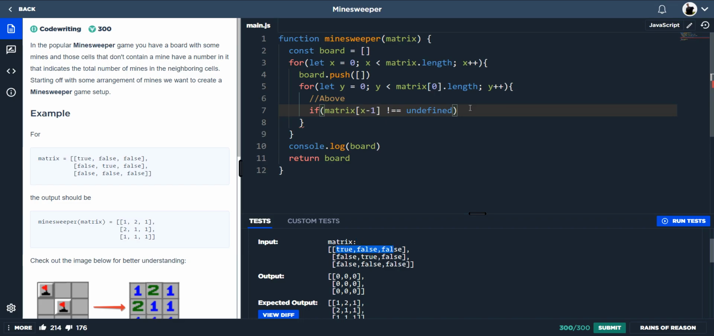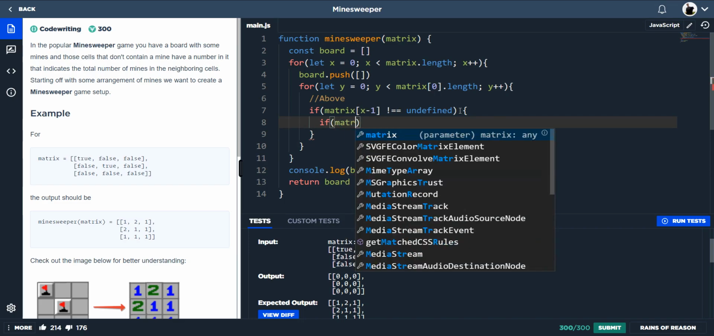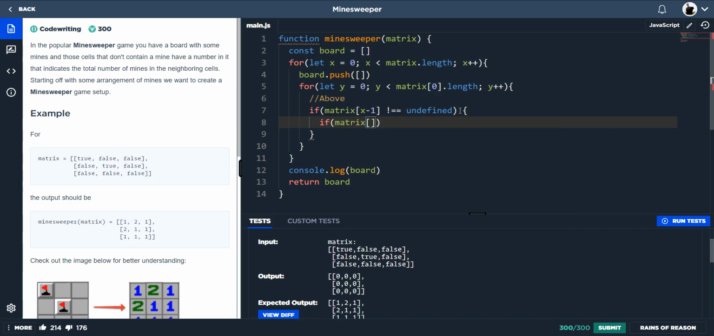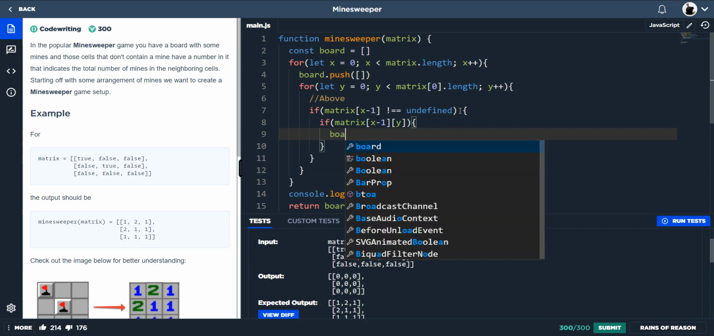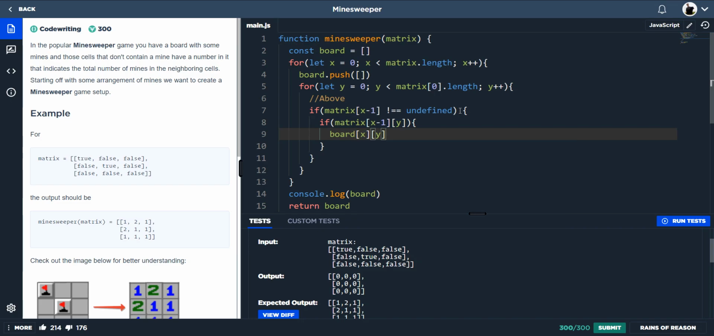So we can just skip that. But say we're on the bottom row and we want to check out the top values. So it'll be like, oh, okay, there is a value there, so let's do this. And then we do if matrix x minus 1 and then y. So if that's true, we just want to do board x and then y and just plus 1. So if I was to just run that test,